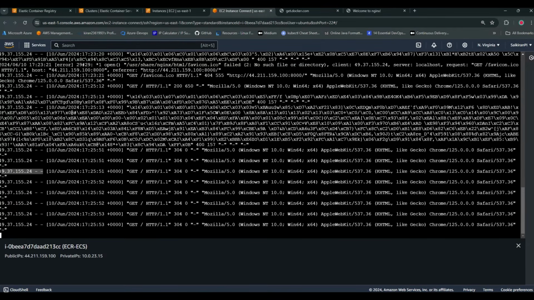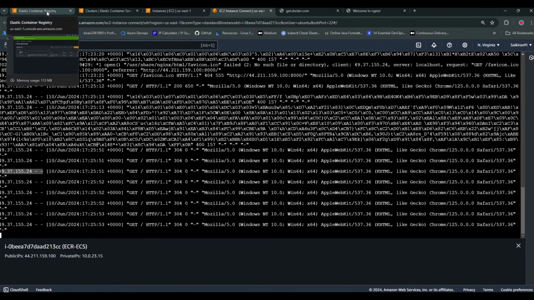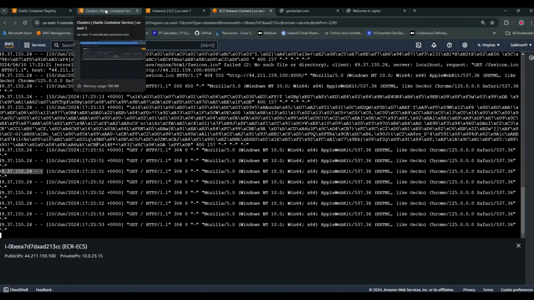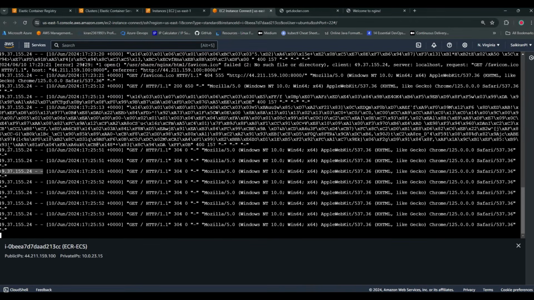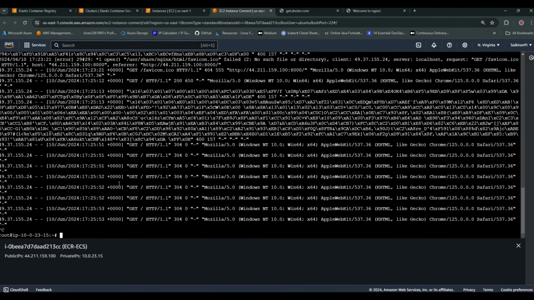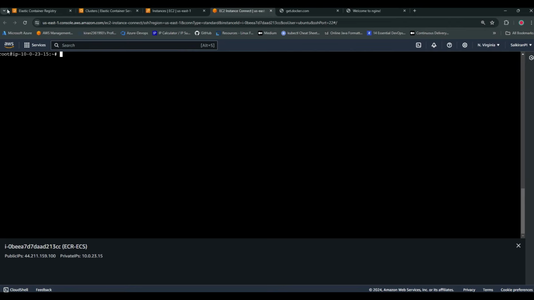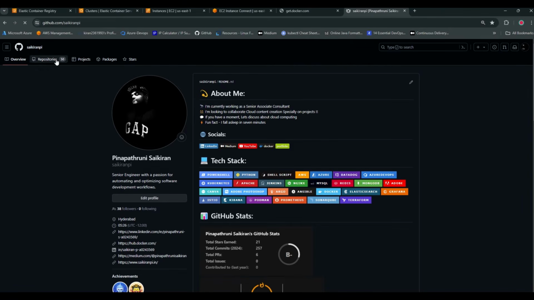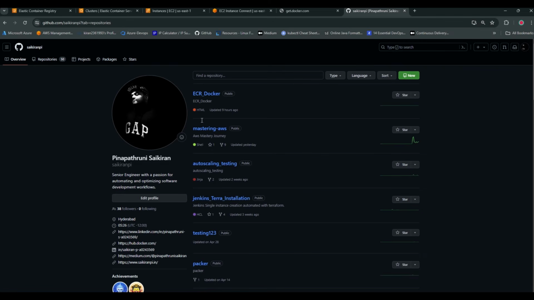49.37.155.24. Now what we are going to do is, not container registry, first we are going to build one image, and then push it to our registry, and from ECS, from next time these logs will be stored in our CloudWatch logs. We'll see step by step how it works, right? Ctrl+C, go back to your GitHub repository and clone the repository. I'll pin this in our description. You can go and access it.